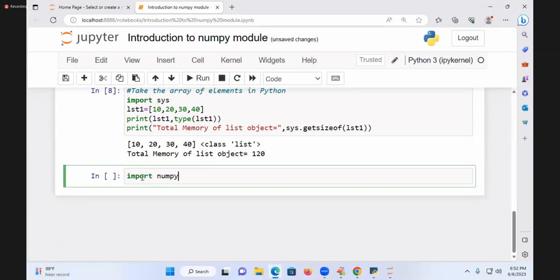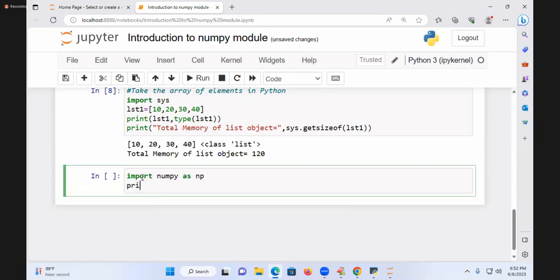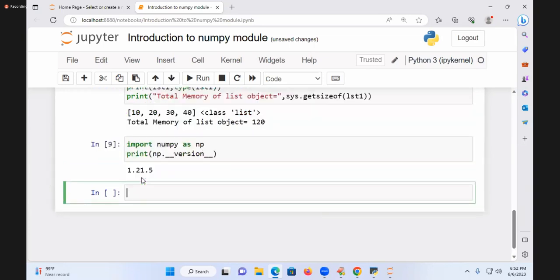Import NumPy as NP. It is just a shortcut; you can take your own name also, no issue. You can write here print of NP dot __version__, which gives 1.21.5. Now today I am creating A is equal to